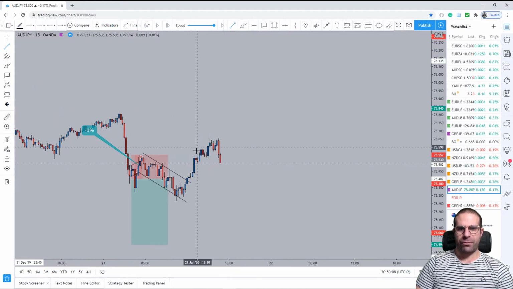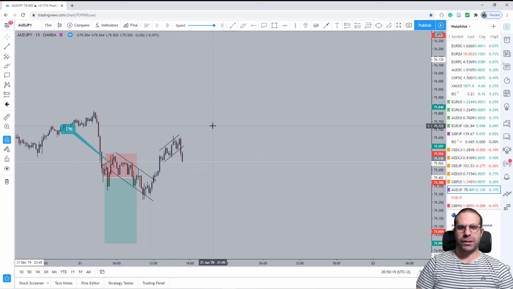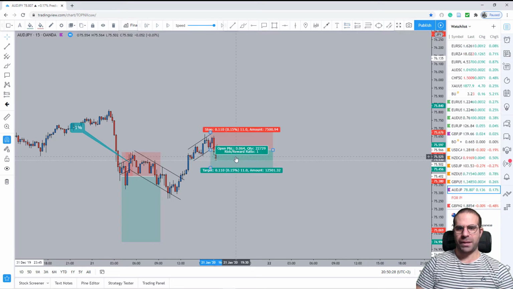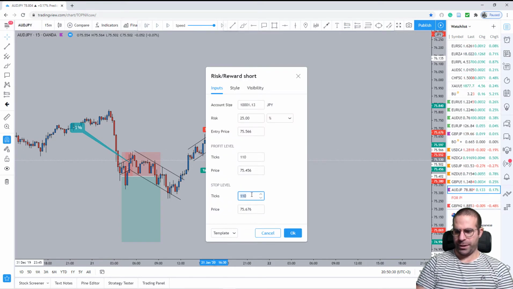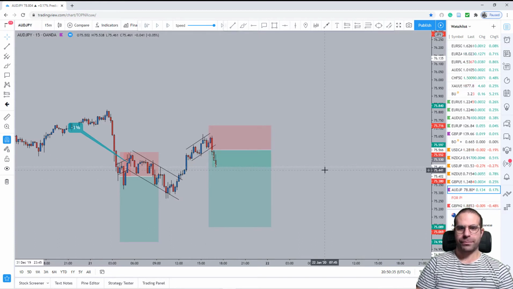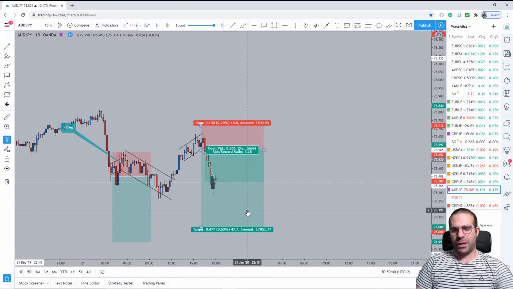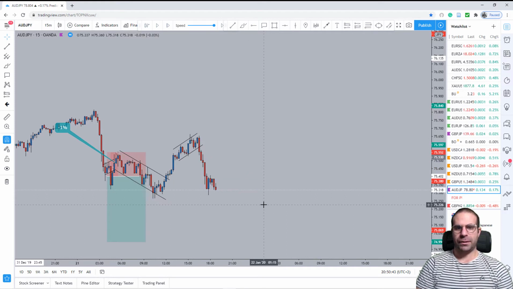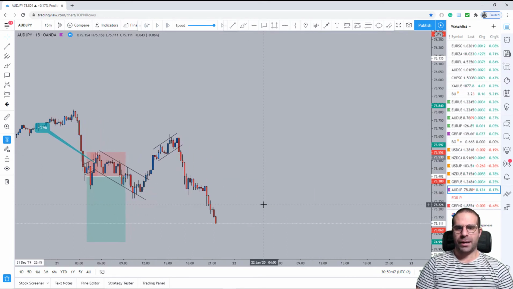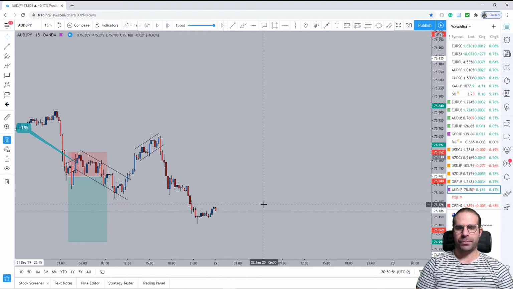Is this impulsive enough? I would consider it to be impulsive enough, even though we are still in consolidating market conditions as far as it seems. But I see a clear break below this ascending channel, so I will be placing a pending order somewhere around here, and hopefully that works. Okay, let's see. Okay, now price has moved a lot, so again we deactivate this pending order, and we're waiting for another break and retest out of another flag pattern.